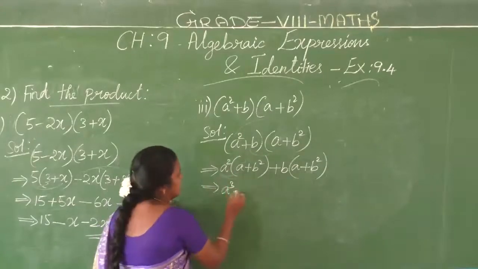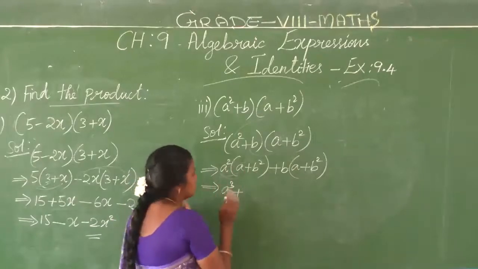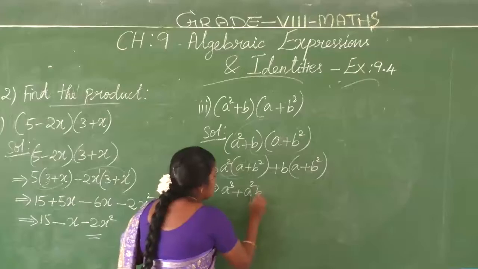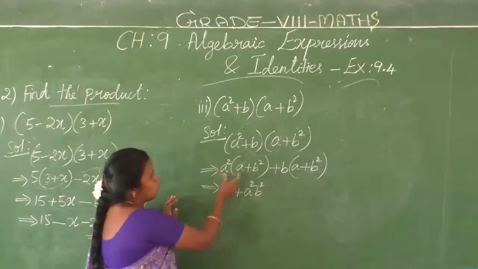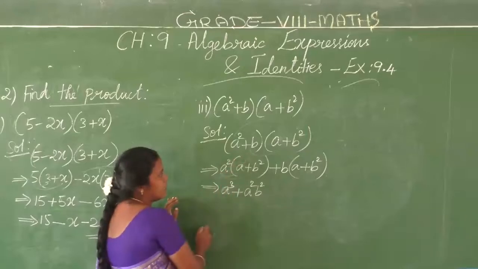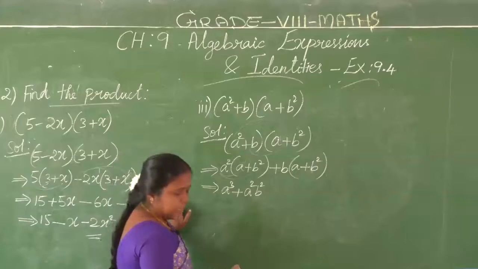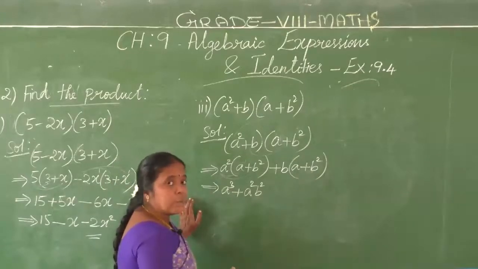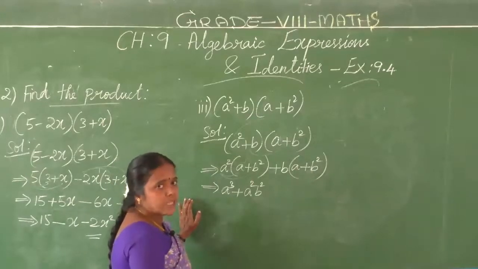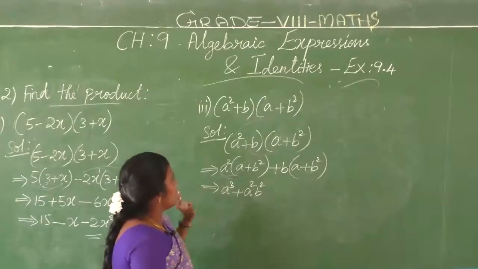Plus into plus, plus a square into b square, both are different, no? So just keep them together, a square b square. What I did, both are like, we see here, the variables are the same. At that time we can add their powers. In multiplication, again I am telling, this is a formula we will see deeply in the exponents chapter, laws of exponents. Okay, I have just taken that formula and applied it here.